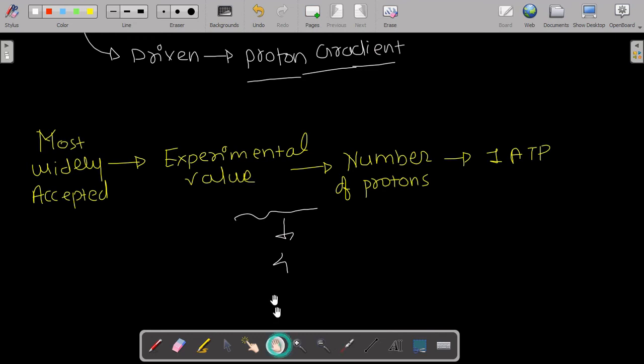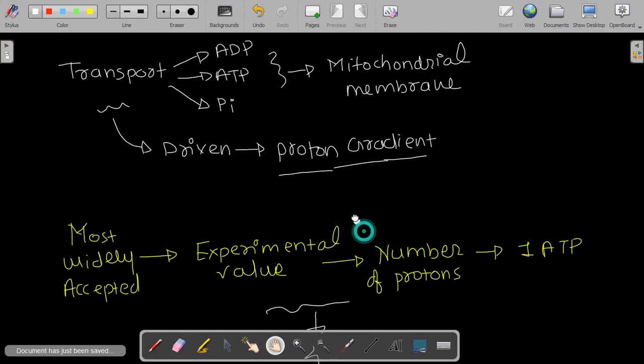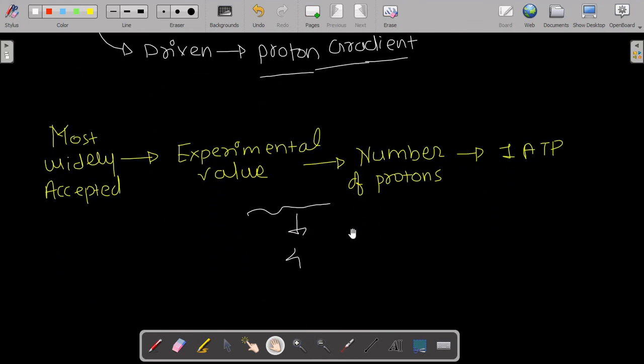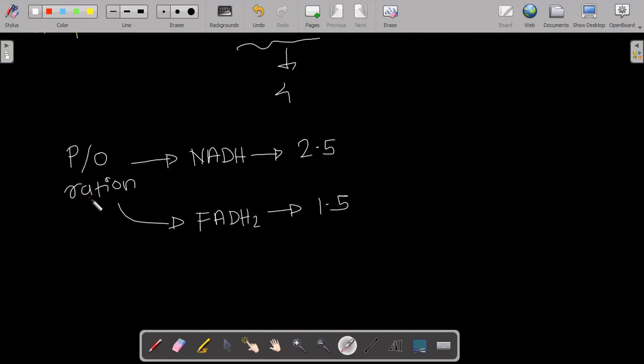And why is it not 3, why is it 4? Because the proton gradient is required to drive the transport of ATP, ADP and Pi across the mitochondrial membrane. That's why it is 4, not 3. So the PO ratio for NADH is 2.5 and for FADH2 it is 1.5. That is,